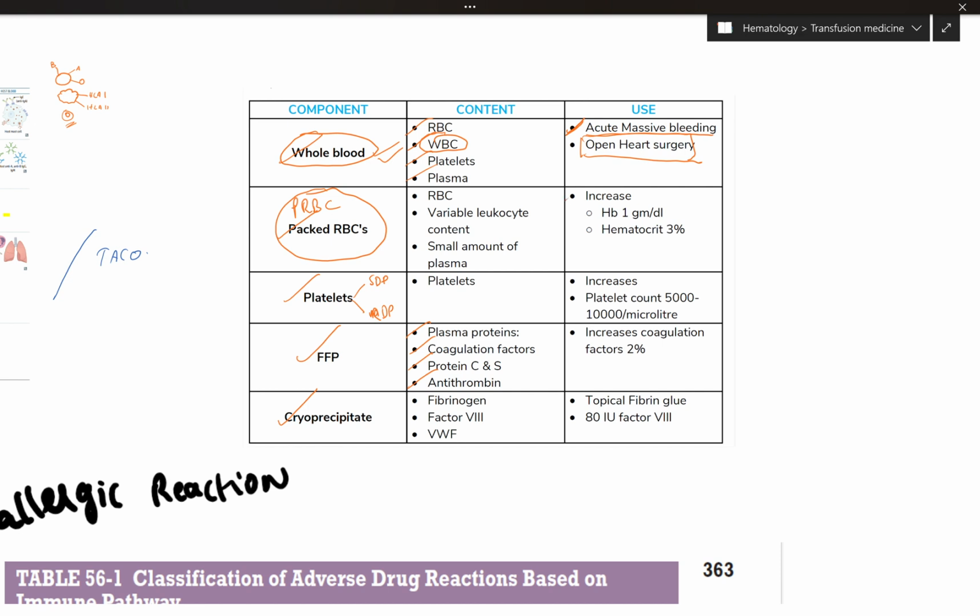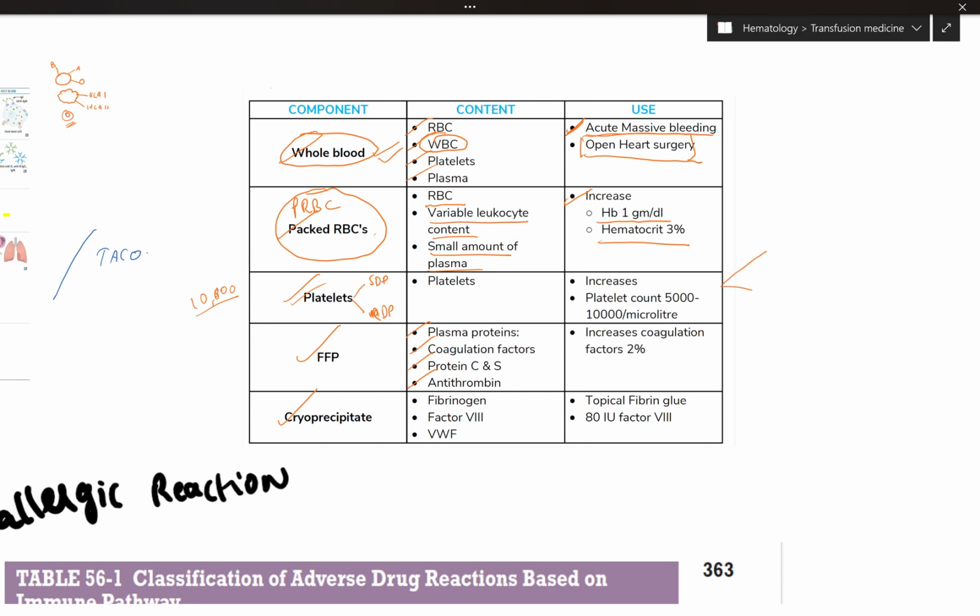And with PRBCs, 1 unit will increase the hemoglobin by 1 gram per deciliter and increase the hematocrit by 3 approximately. Now packed RBCs will have red blood cells, there will be some white blood cells, and there will be some plasma. Platelets we will transfuse if the platelet count is less than 10,000 on average, or if you have any